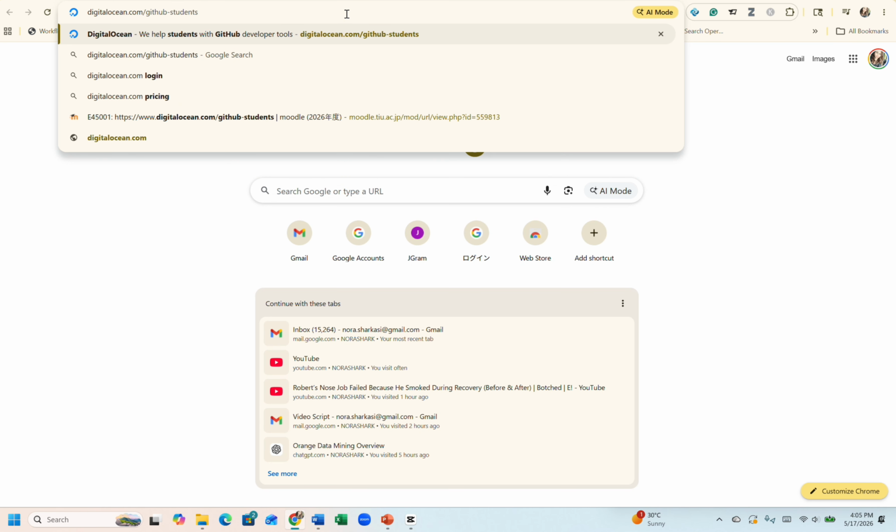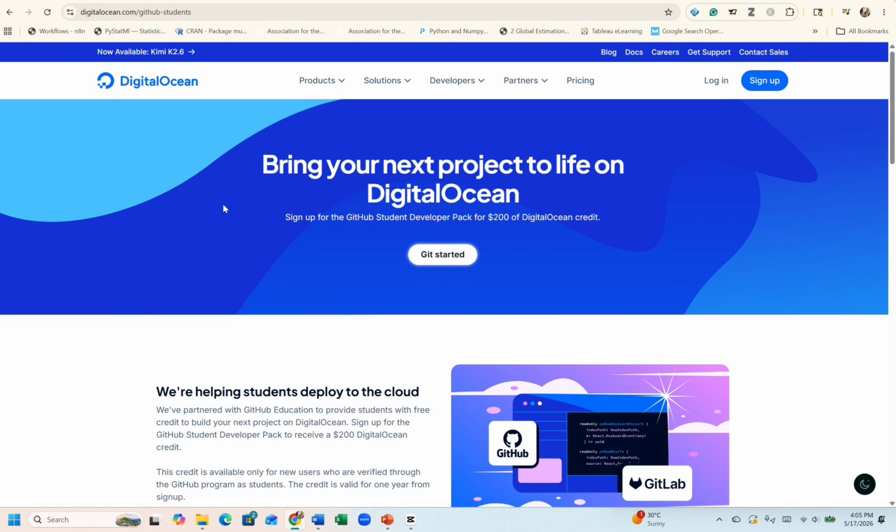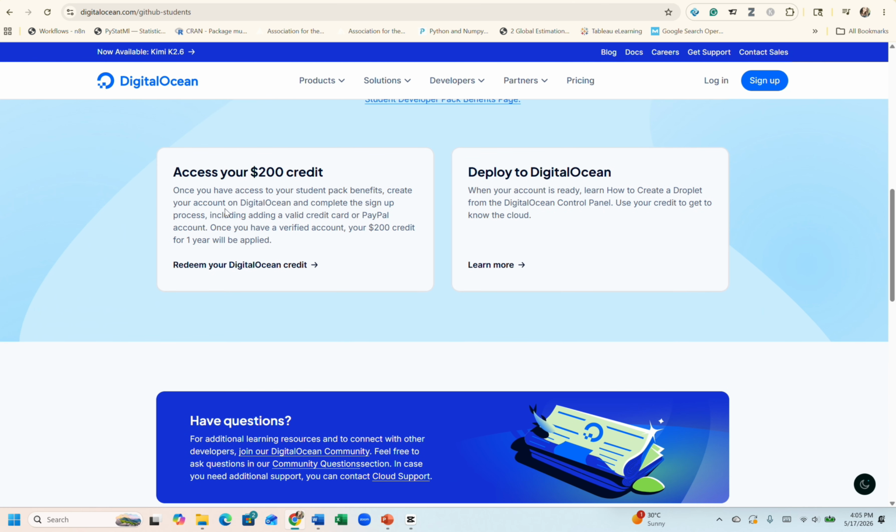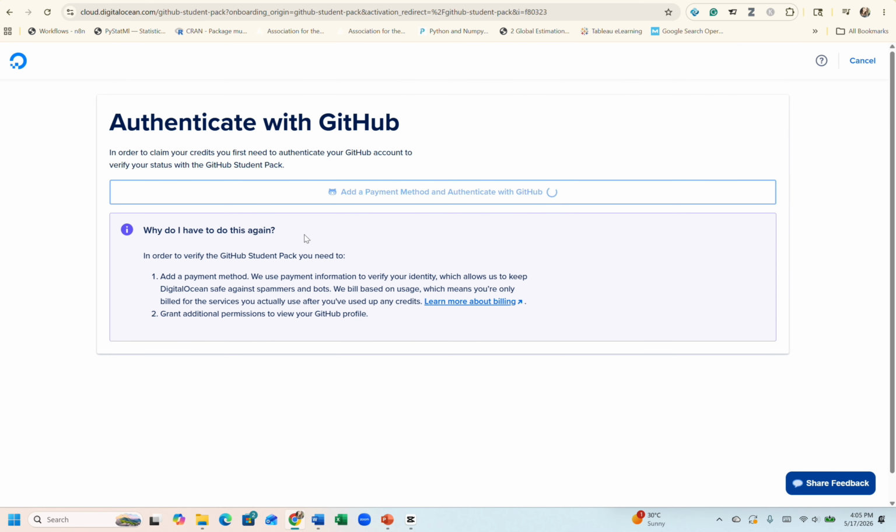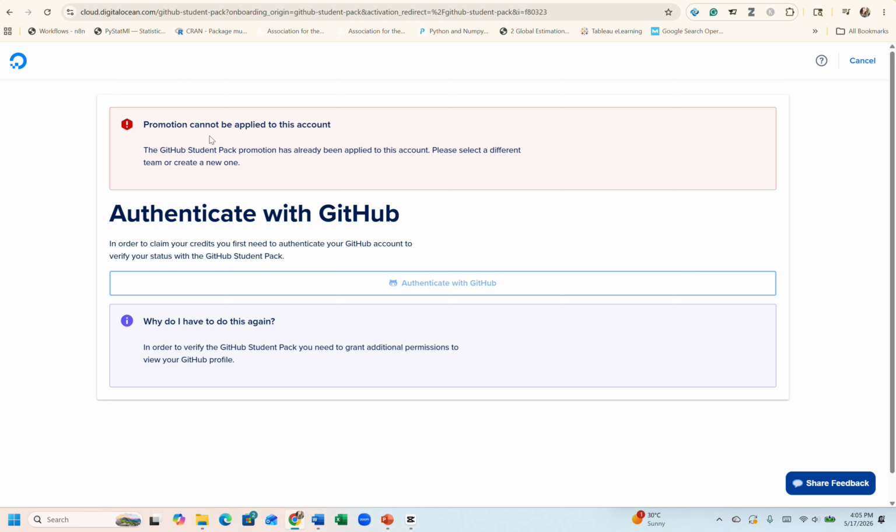DigitalOcean.com GitHub Students, and on this website you scroll down until you see access your $200. My student already redeemed his $200, so he already has them. If you don't have it, you won't have this cannot be applied, and you will have to click on authenticate